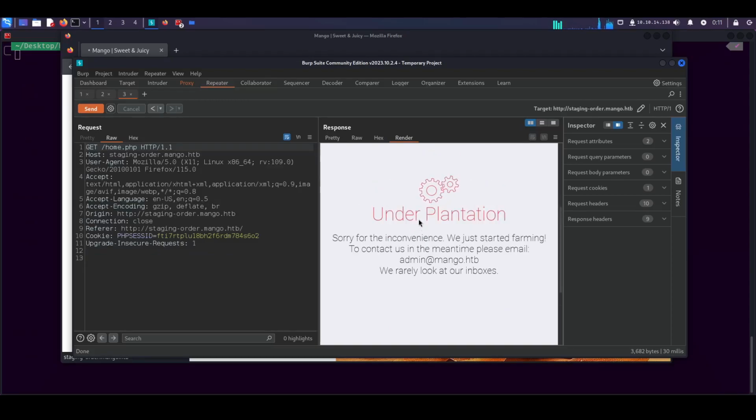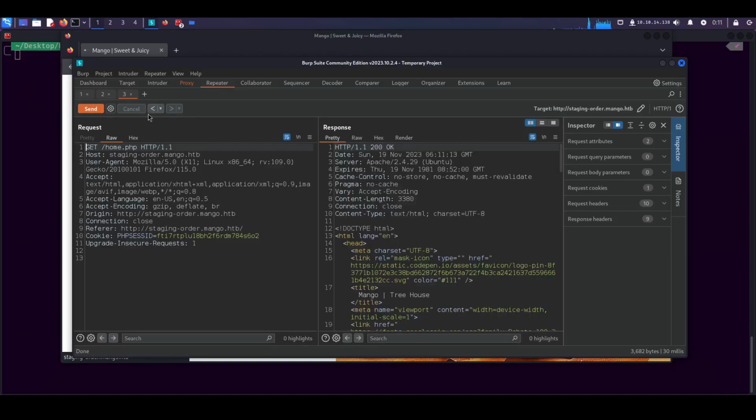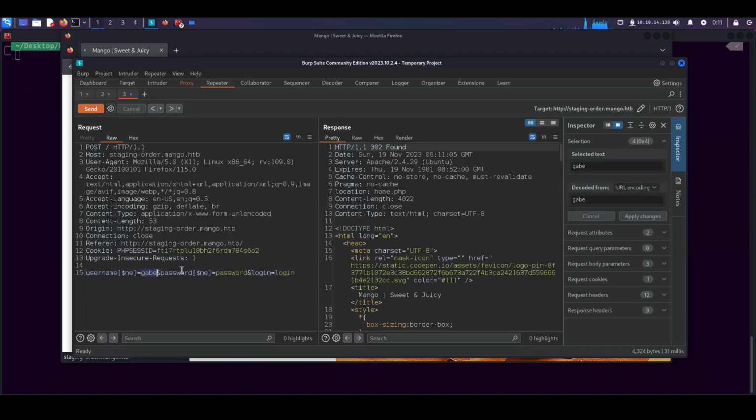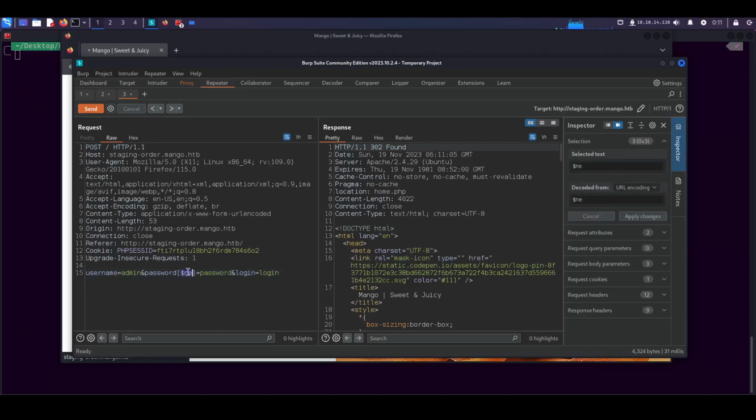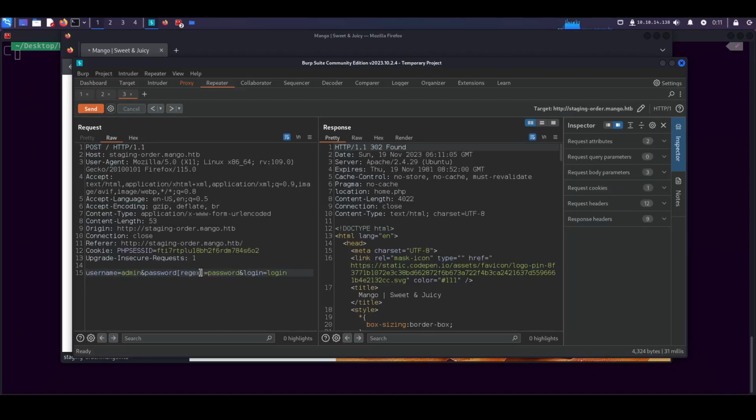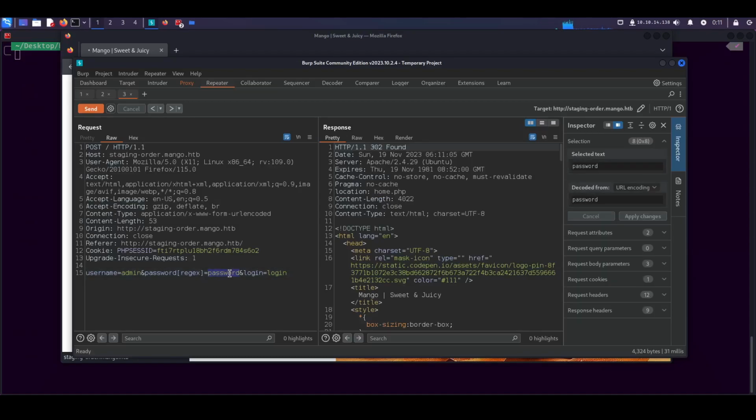And there's really nothing to do here, but you can see it logs us in as admin, which is a username right there. So let's just go ahead and see if we can maybe get the username or the password for that guy. So instead of username not equal, we could just say that it's username admin, and we could do some regex stuff to try and catch this. So I think we can do regular expression, and we have to do something like,